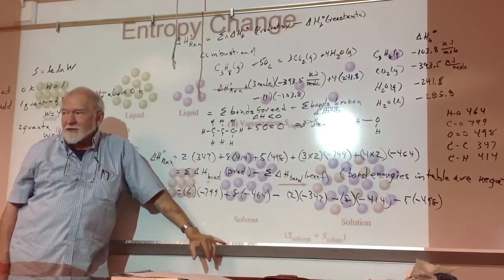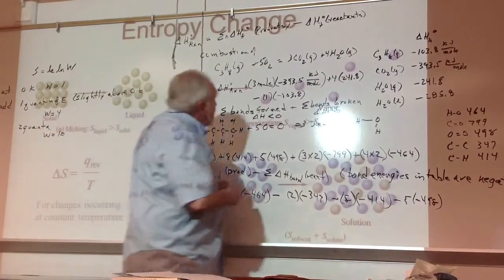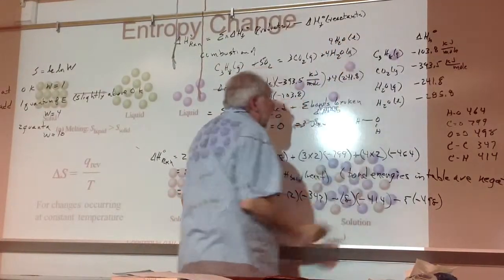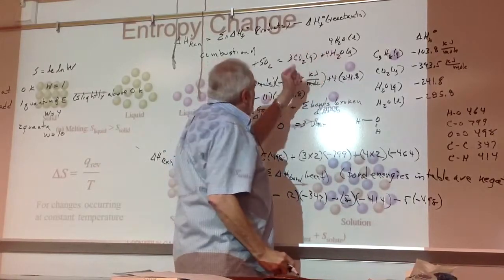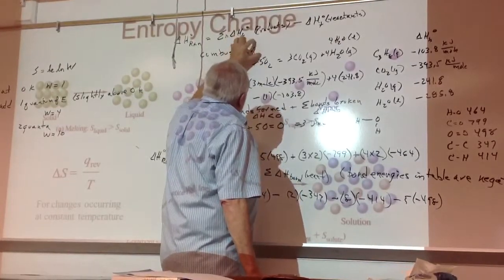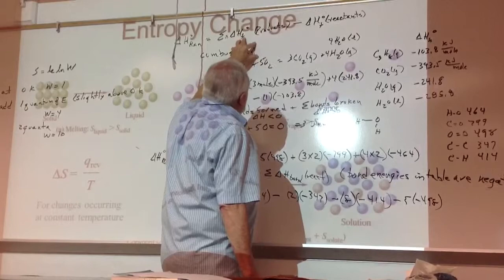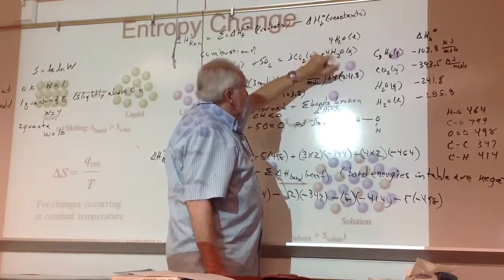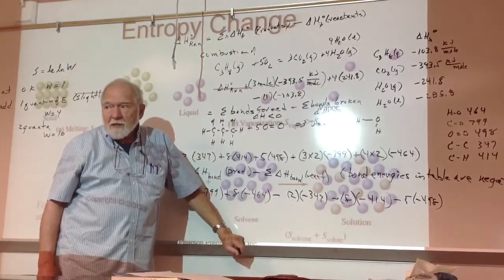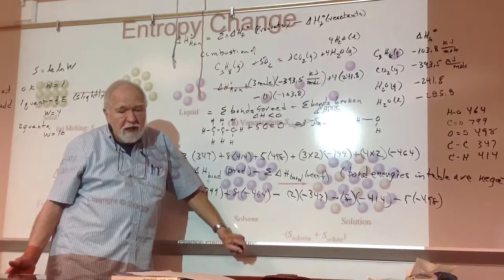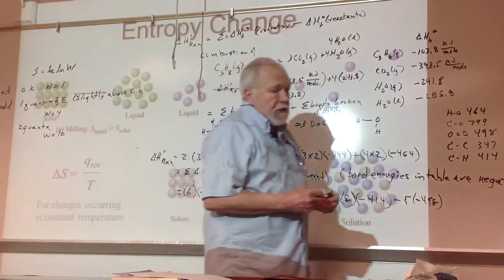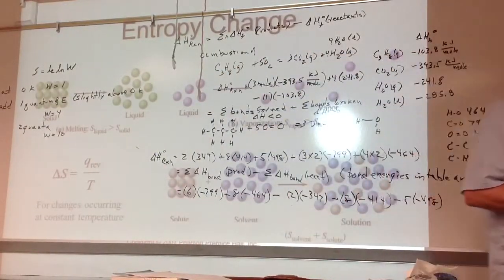If I do this, same reaction, now liquid is much more organized than gas. I only have 3 gaseous molecules as opposed to 6. So the reactant side has a higher entropy than the product side, because of the fact that we have liquid molecules in there along with the gas. So the easiest way to do it is look at it and see which has more gas molecules if possible, or if you have liquid or solid, that represents a lower entropy state than if you have gases.